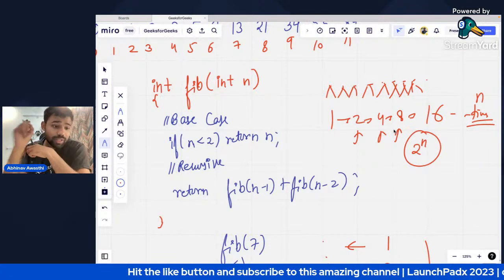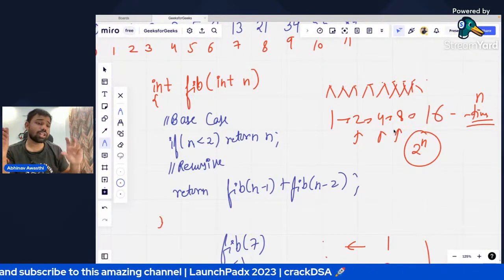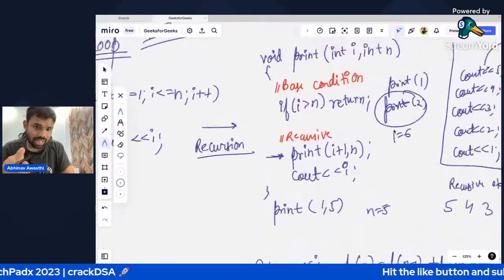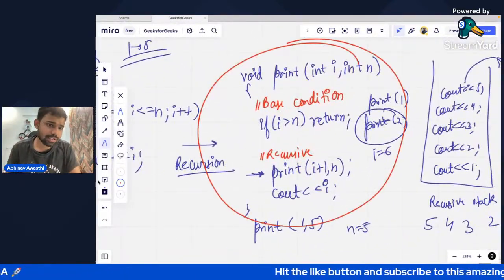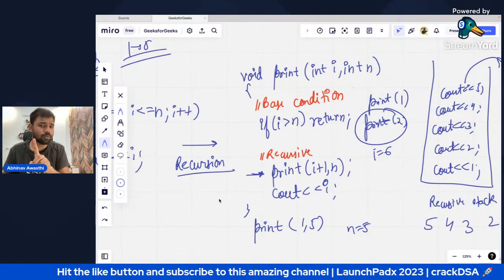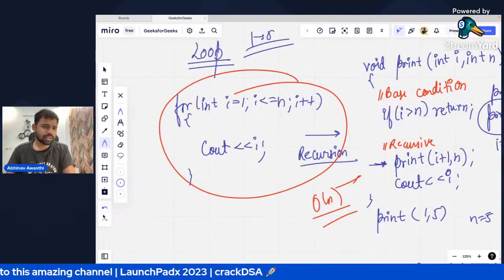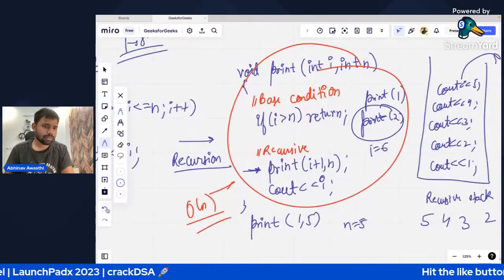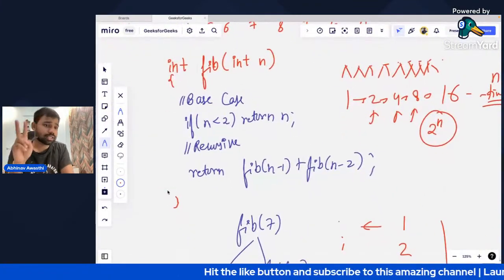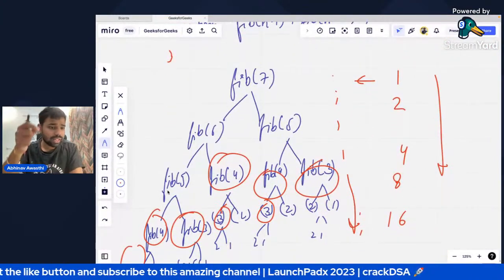Yeah, recursion has often high complexity, but not every time. Something is called linear recursion. For example, if you see here, only one recursion call was done. Because there was only one recursion call, it was simply order of n. So it is just like this loop has order of n. This is also having order of n. But here we are having two recursion calls. Because of two recursion calls, a tree-like hierarchy is formed.